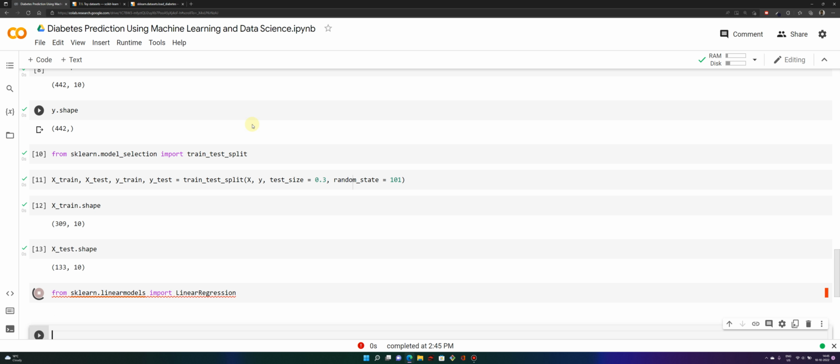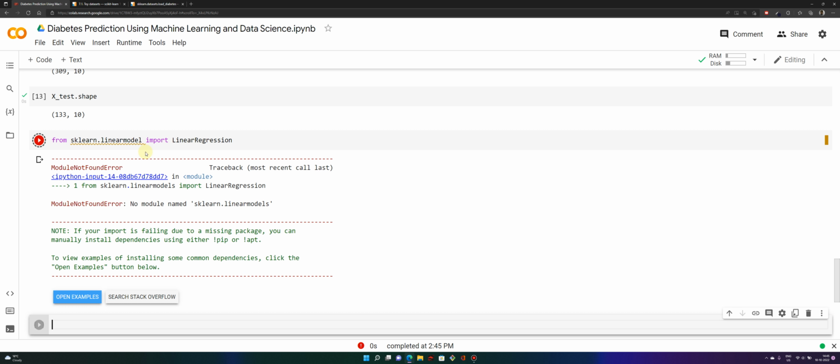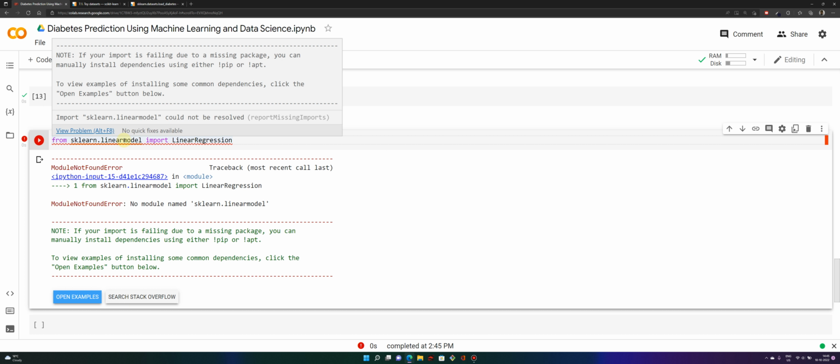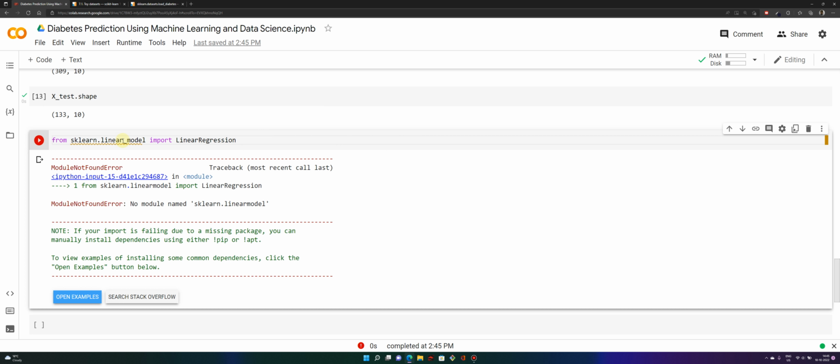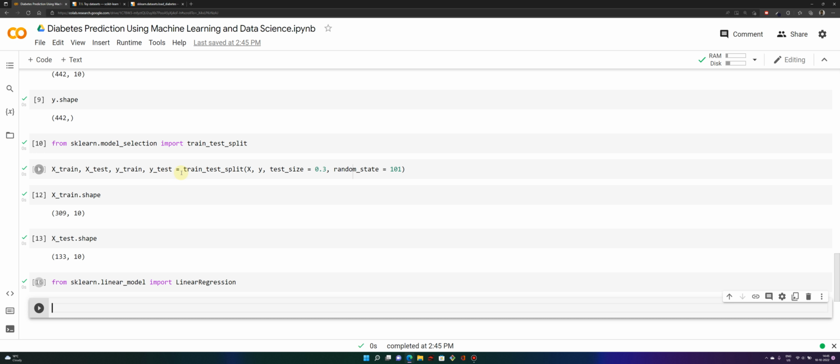I believe this should work, or should it be linear model? Yes. Therefore, from sklearn.linear_model import LinearRegression, and we say model equals LinearRegression,